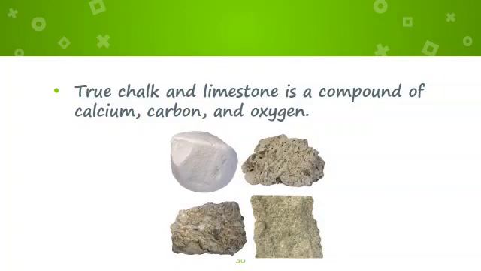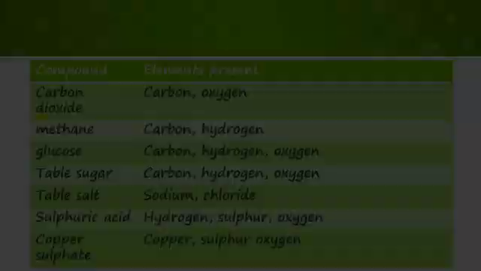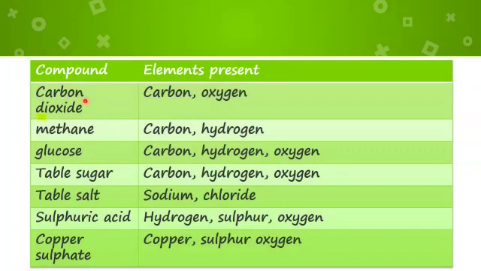Here, the true chalk and limestone, okay? It is composed of calcium, carbon and oxygen, and its chemical name is calcium carbonate. Here are some examples of compounds and the elements they are composed of. So when we talk about different examples of compounds,